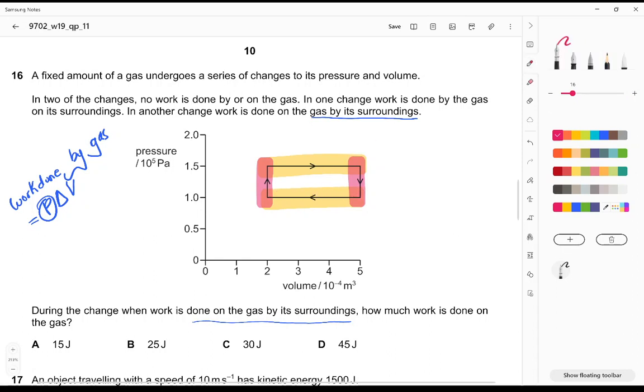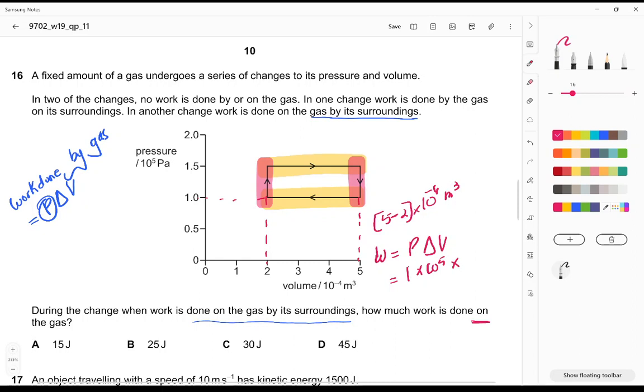So the change in volume is actually equal to, this is 5 and this is actually 2. So the change in volume is 5 minus 2 multiplied by 10 raised to power minus 4 meter cube. And the pressure is actually fixated at 1 into 10 raised to power 5 because we need to find what is the work done on the gas, right? So work done should be equal to P delta V, and the constant pressure is 1 into 10 raised to power 5 multiplied by